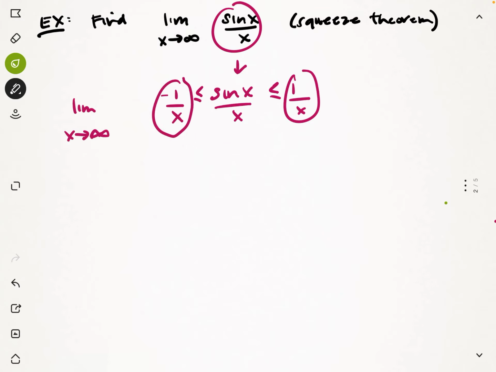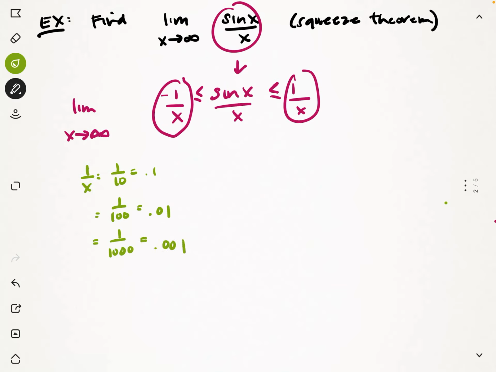Let's look at 1 over x, and we're trying to find the limit as x approaches infinity. What's going to happen here is the x is going to get bigger and bigger, and the top is going to stay the same. So let's say we did 1/10. Well, 1/10 is 0.1. Now let's make it a little bigger. Let's do 1/100th, 0.01. 1/1,000th,